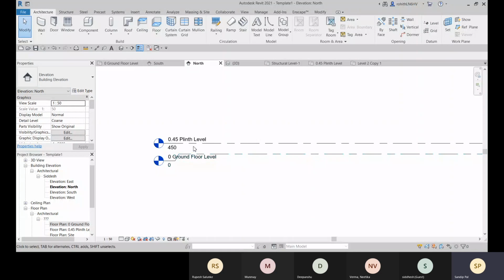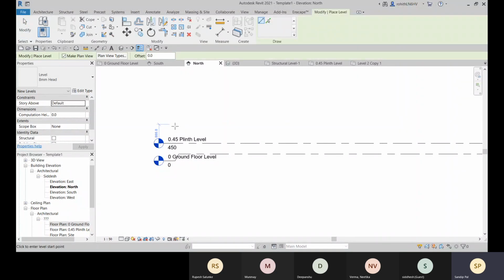So this way we can position and rename existing levels, and we can create new levels. For that, LL is the shortcut. And then we have two tools to create a new level. You can go with this line option and you can start creating. And here you see that you are getting this snap point.